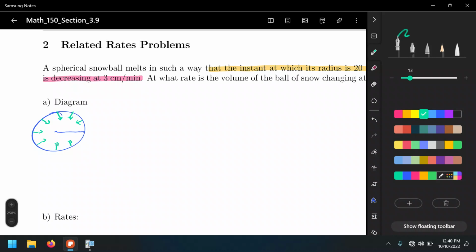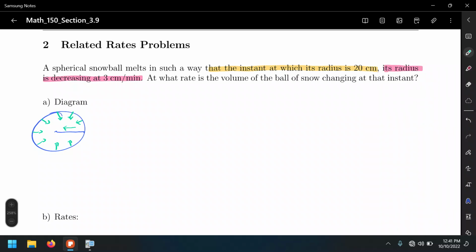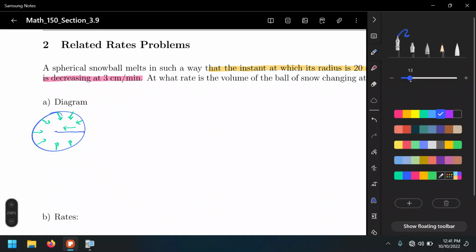It's getting smaller, and consequently that makes the radius smaller. Or in other words, if the radius of the sphere gets smaller, then the volume also gets smaller. All right, so here is where we also need to know our formulas from basic geometry. Since in this case we're talking about the volume of the sphere, we need to know the formula for the volume of the sphere. All right, and that formula is